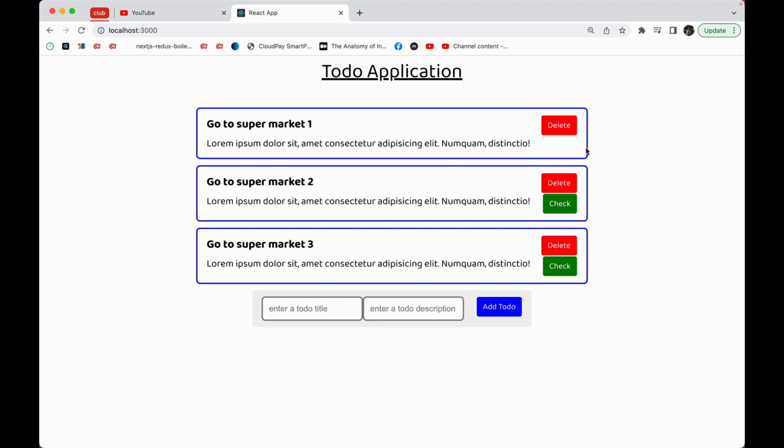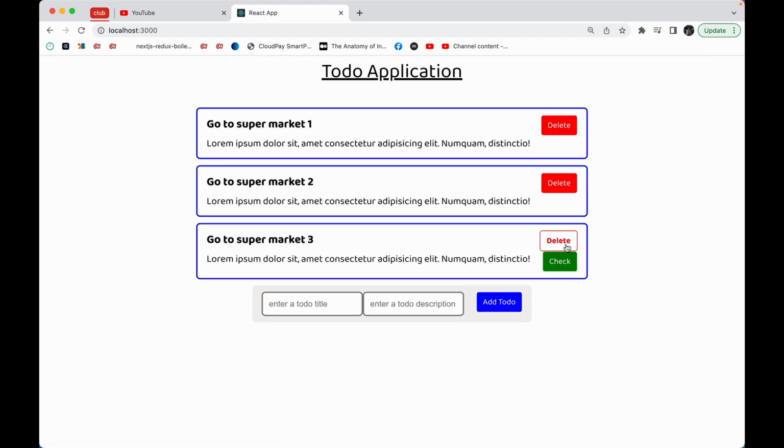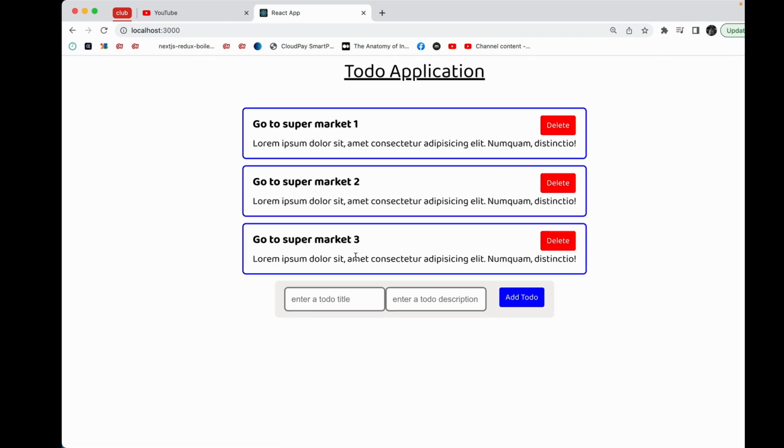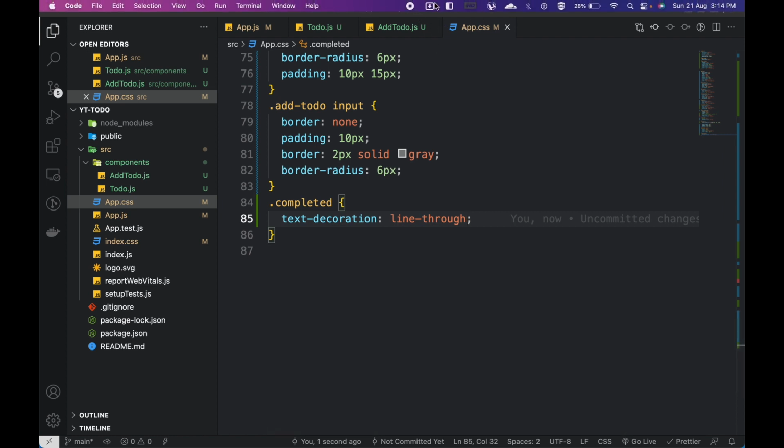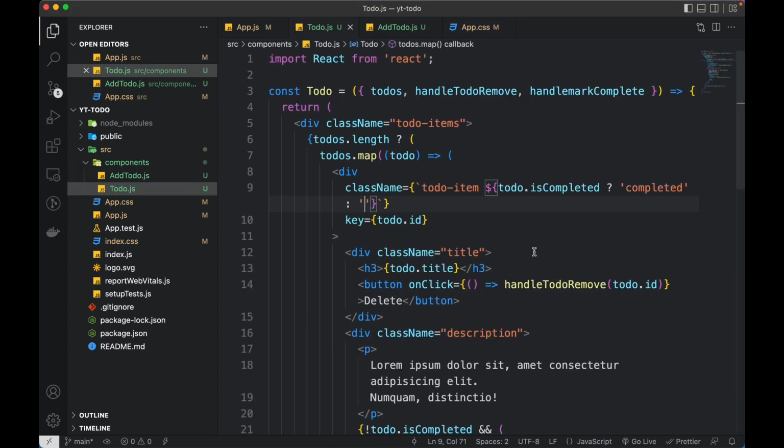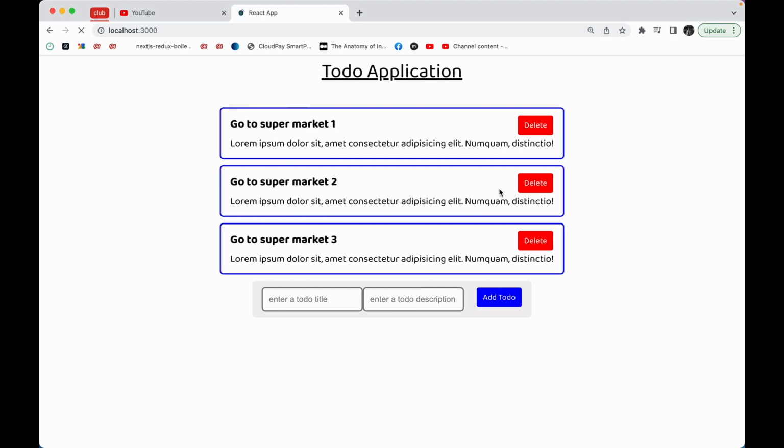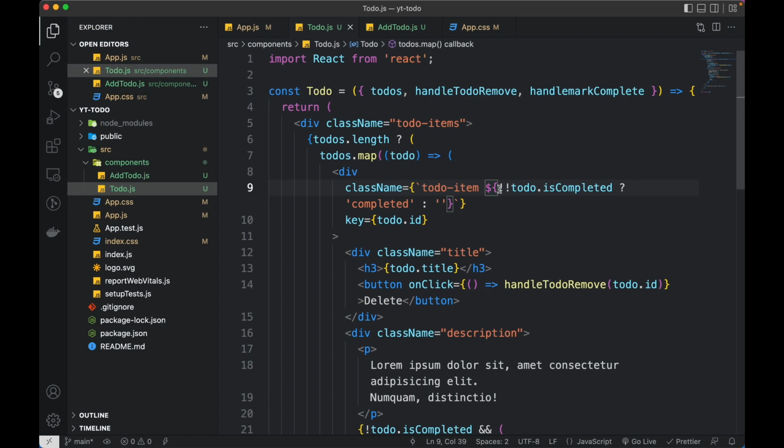So if I refresh this, okay, it's not working, give me a second. Okay, so the problem is I have to use these double, I have to convert it into a boolean. So now it is checking if isCompleted is true, then give it a class of completed, and in my app.css I will target my h3,